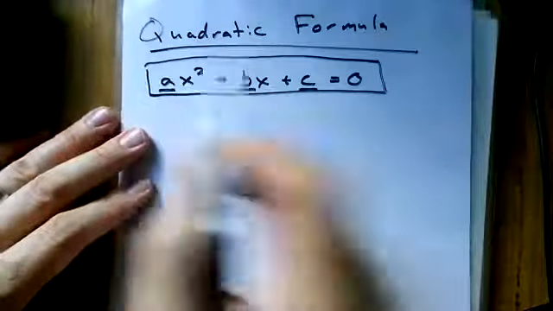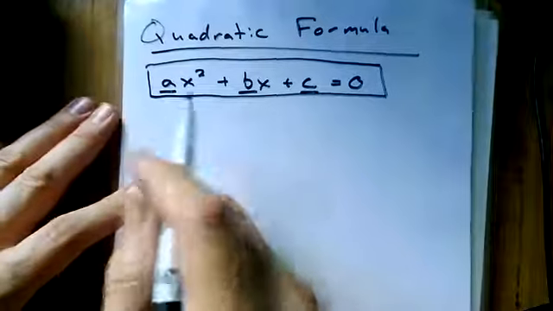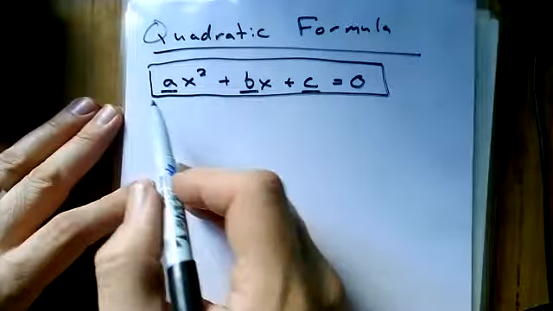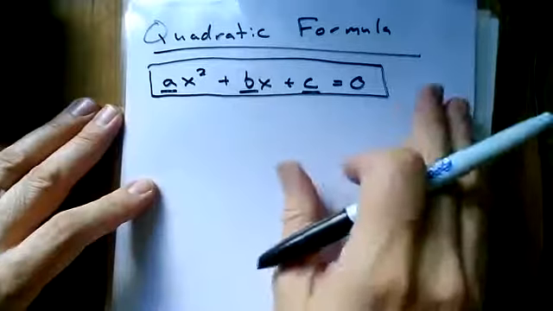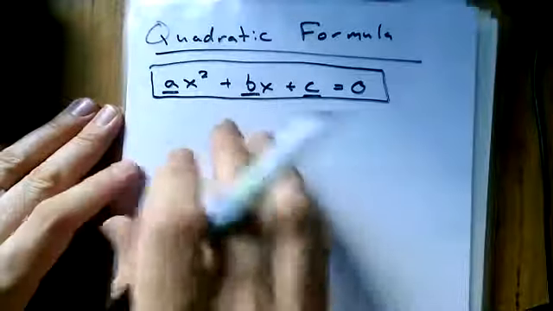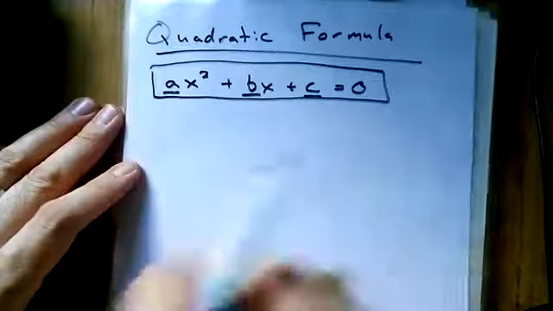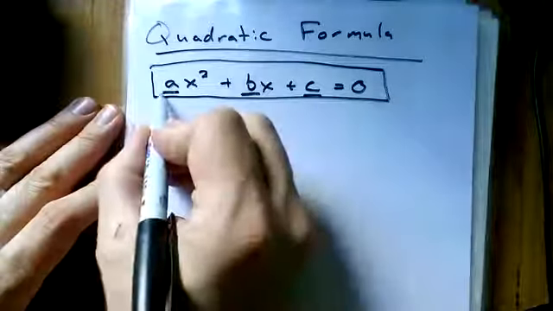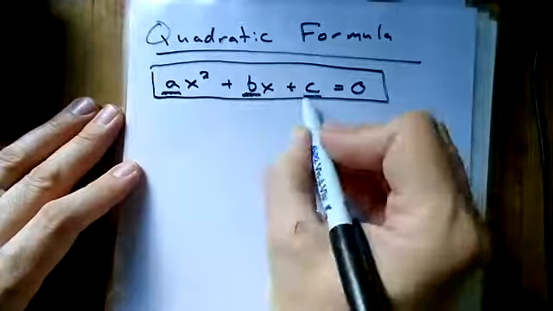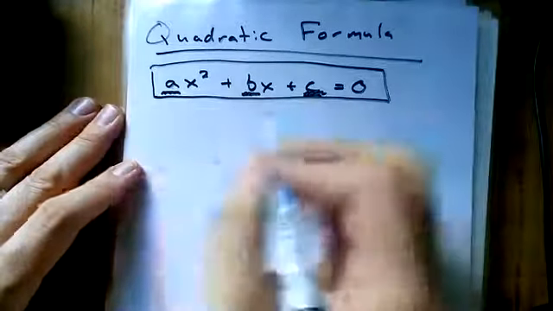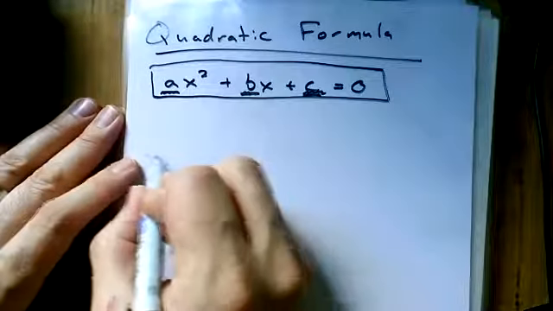Okay, so we're going to be talking about the quadratic formula. This happens when we've got an equation in the form ax squared plus bx plus c. So we have to move all of our terms to one side in descending order. And then we're going to use our coefficients a, b, and c, and plug them into this